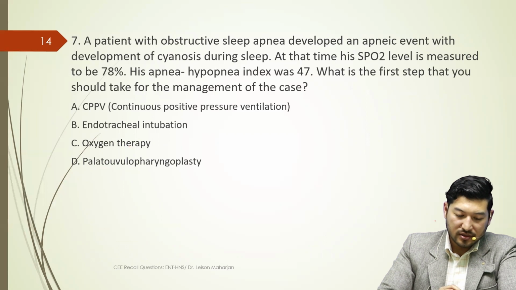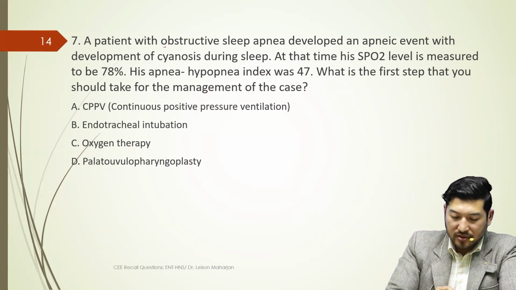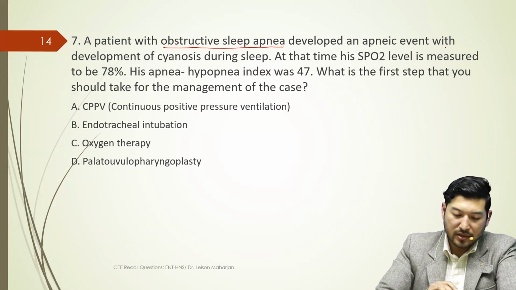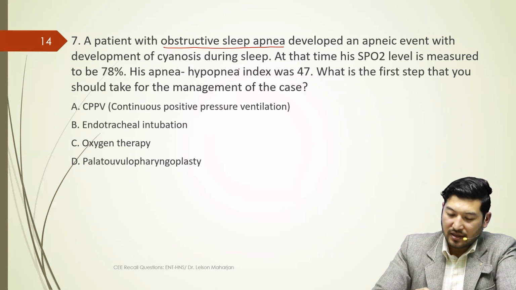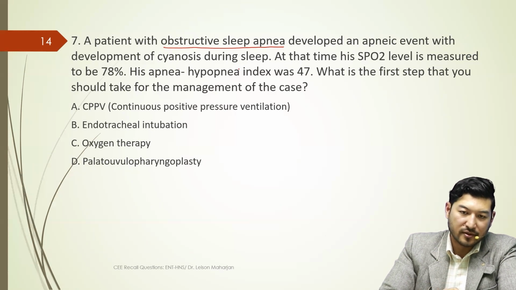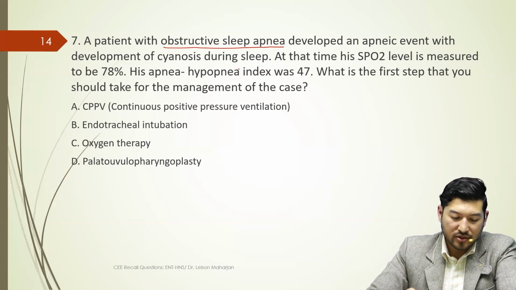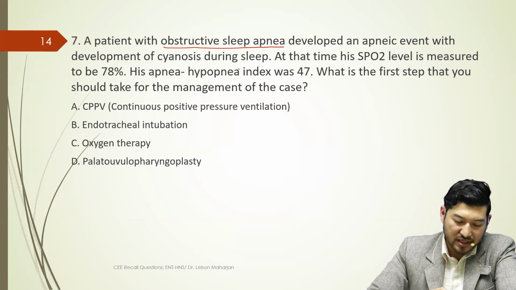Now the seventh question: a patient with obstructive sleep apnea developed an apneic event with development of cyanosis during sleep. At that time, his SpO2 level is measured to be 78%. His apnea-hypopnea index was 47. What is the first step that you would take for the management of this case? We have got four options here: CPAP, or continuous positive airway pressure, endotracheal intubation, oxygen therapy,